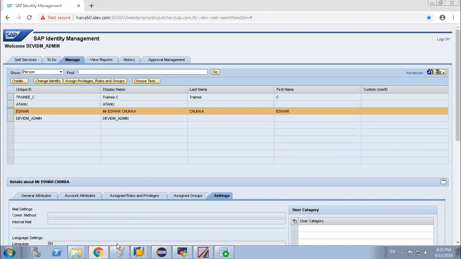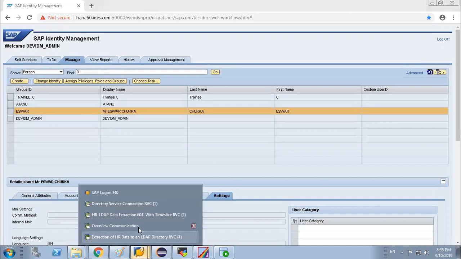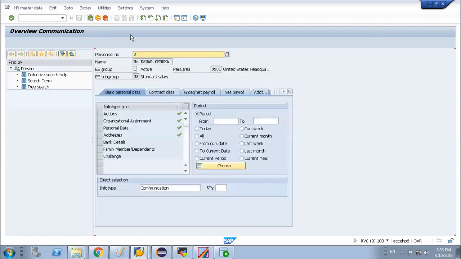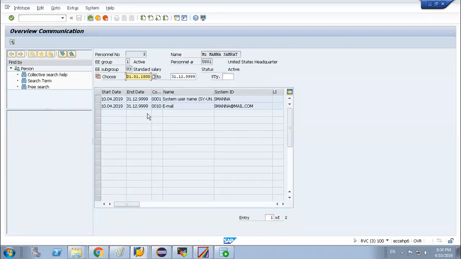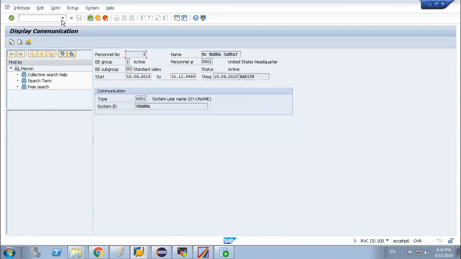Probably, Ishwar, you have maintained the info type for everyone, right? Yes, for everyone I maintained, but you can delete it for one and create it again. For this you can delete, I believe. So if I delete this info type, let me.